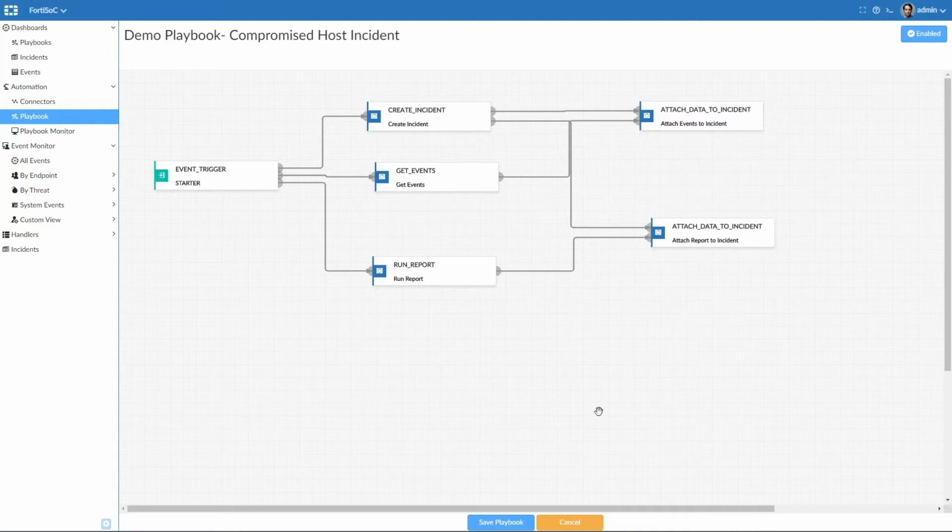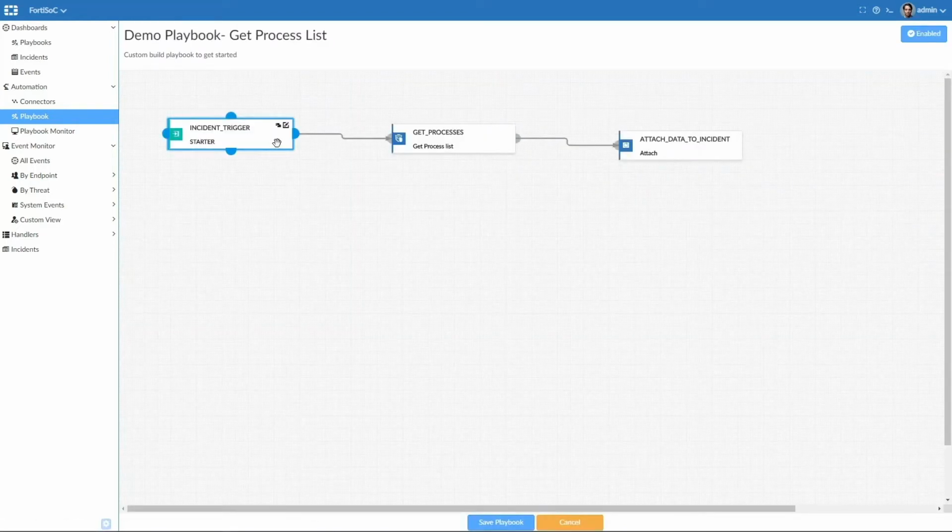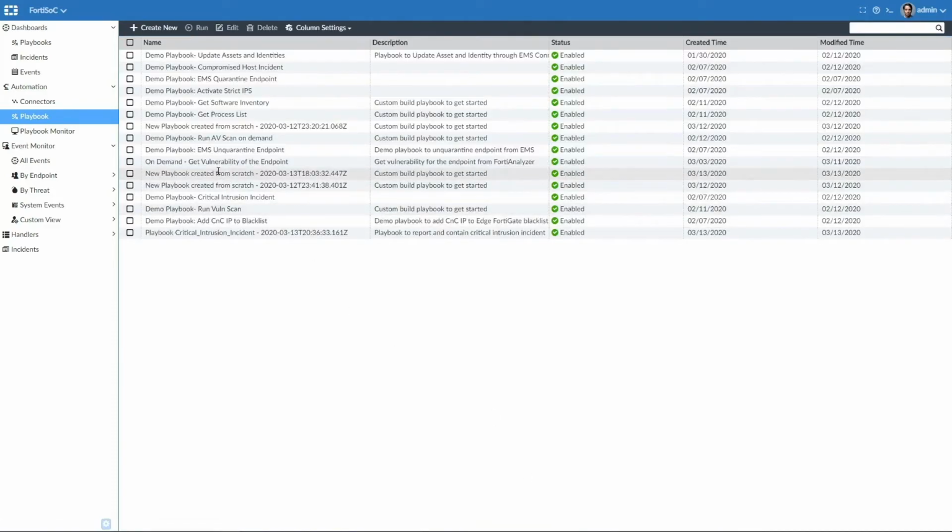Another playbook that we can review together would be one which is based on EMS connector. The incident triggered on Analyzer will start this playbook and get the list of processes on endpoint and attach them to incidents. Playbooks could be run and executed on demand as well, whenever admin wants to, so it's not always